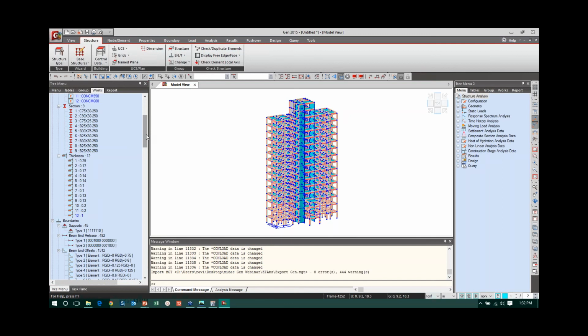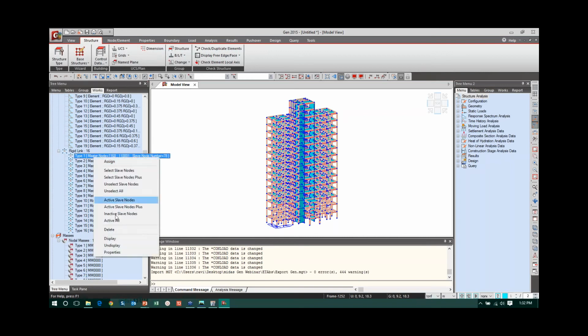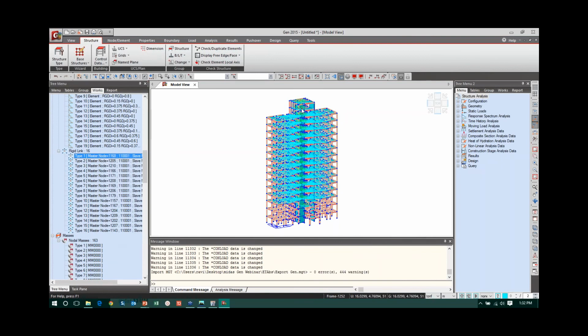So when you are exporting an ETABS file to SAP, the program first finds the center of mass for each floor, creates a node at that point, and connects all the remaining nodes in that floor using rigid links to take the rigid diaphragm action. So you see there are rigid links at each and every floor.